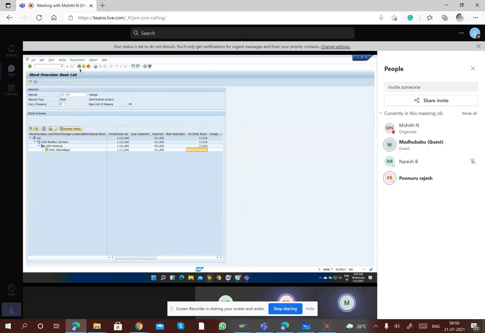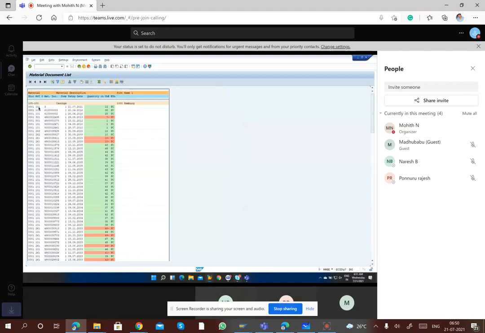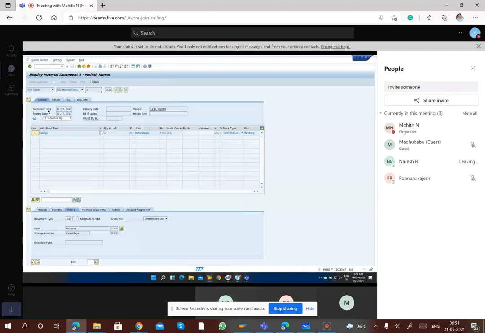No, Mohit. Yeah. So now we will again go into the Migo screen. I'm going directly from here. You should start learning the shortcuts because you should be more explicit. Okay. So now this is my GR document. You can come from Migo or from the MMBE screen when you want to display. You can't edit something from here, but when you want to display, you can come here.